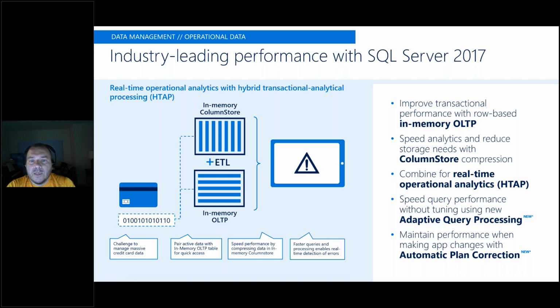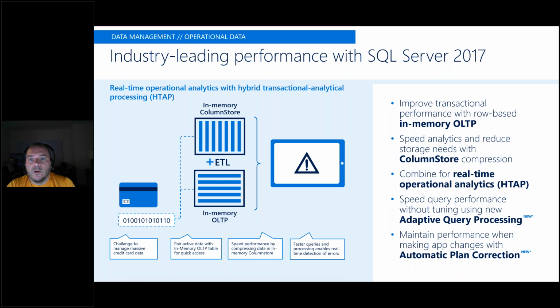So if you remember, in SQL Server 2014, we introduced in-memory tables. If you have memory-optimized in-memory tables where you leverage the in-memory for super fast transactions, you can add a clustered column store index on top of that in-memory table and run queries, let's say ad hoc queries against the in-memory table, without affecting the transactional performance of your application. So what this gives you is real-time insights into your operational systems.